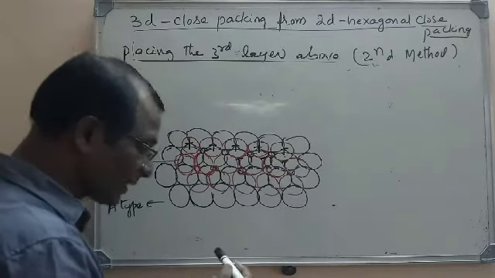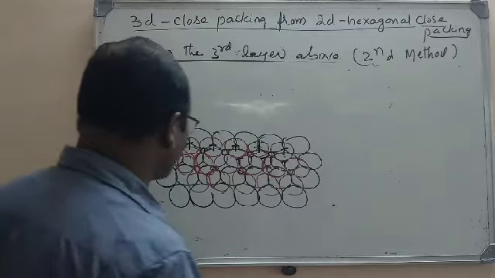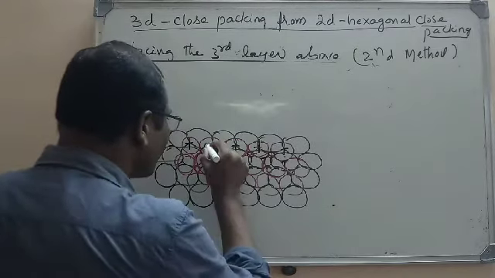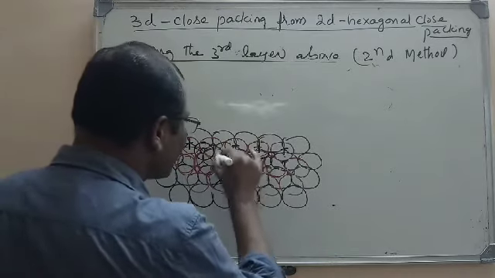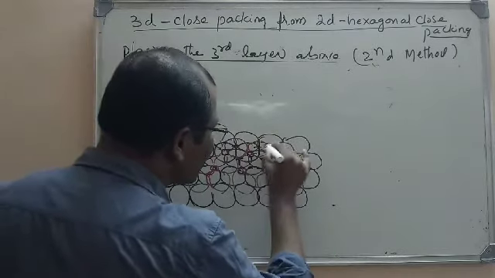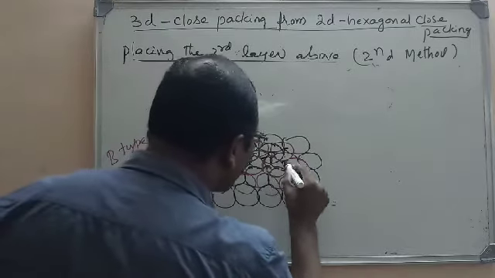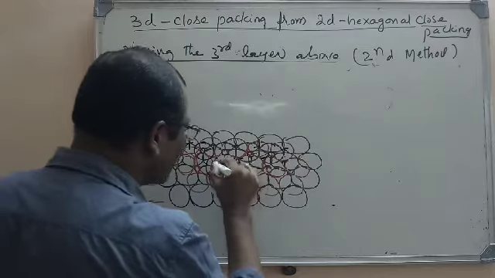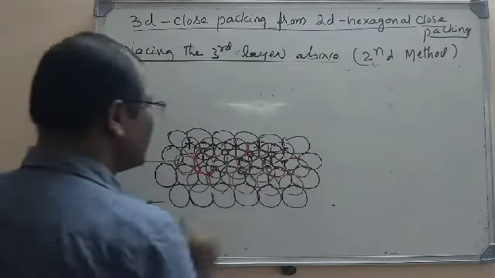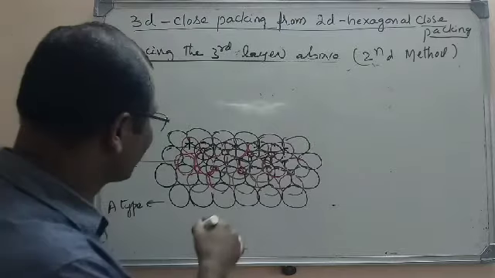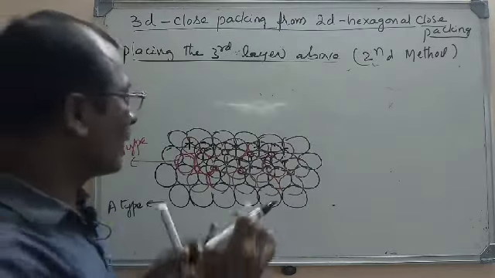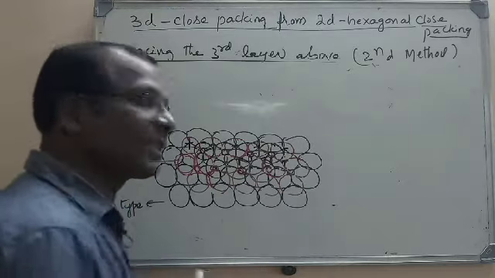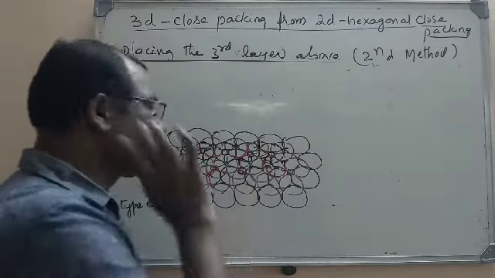Now I am keeping the third layer. So how is the third layer kept? Just covering the octahedral voids of the second layer. Just I am making here that the octahedral voids of the second layer are covered by the third layer. This is the arrangement. So all the structures are overlapping, so you have to understand step by step in order to understand the diagram. So now the third layer is also laid.